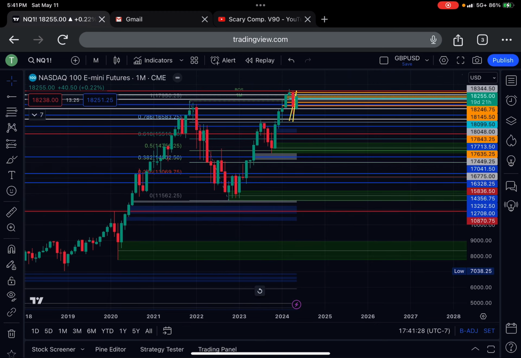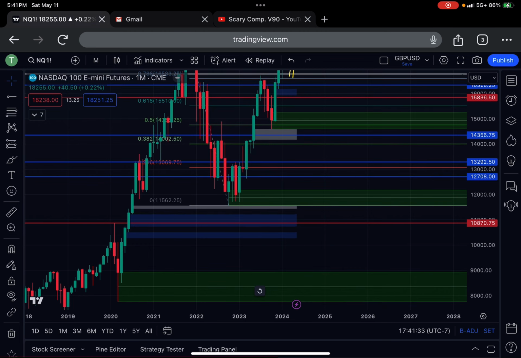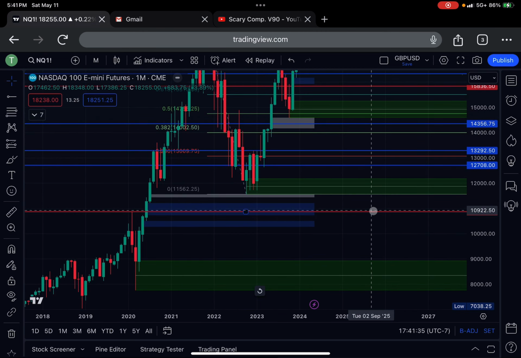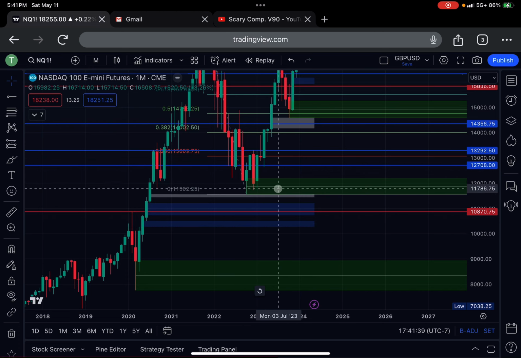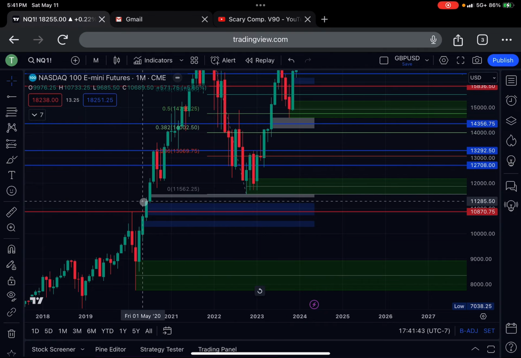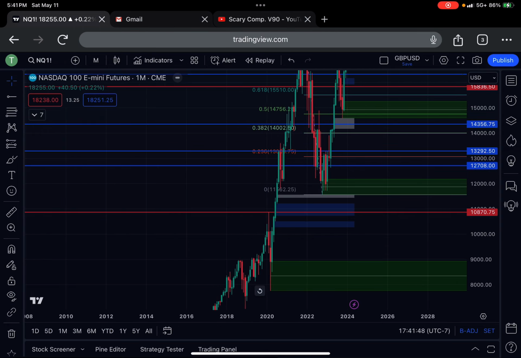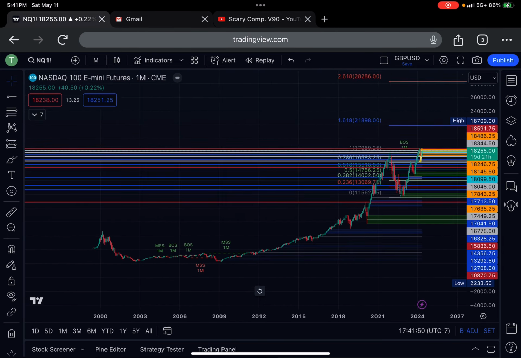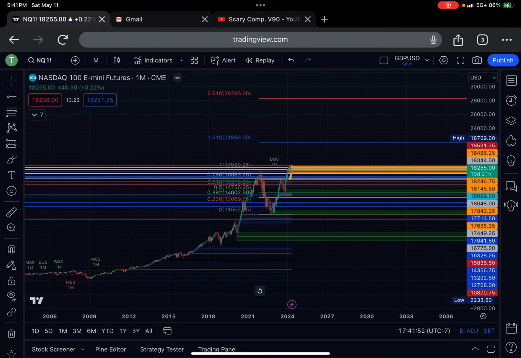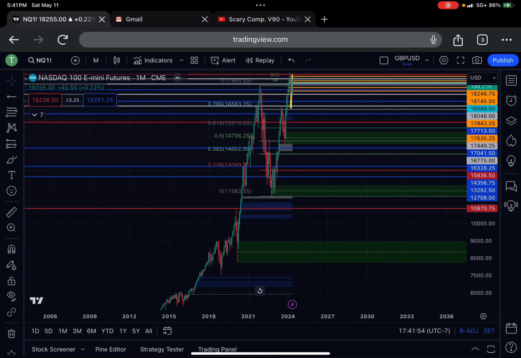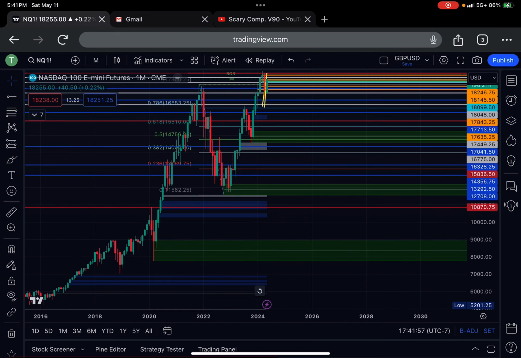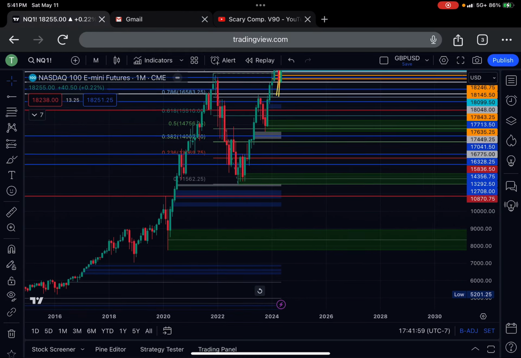This is kind of hard and confusing, so let's look at this. Okay, I look at the monthly. The low extremity, probably I could go here, but I don't really like that because there's nothing really touching this area. So that's why I take that. I also zoom out, zoom in, and I look at that as the low extremity, a possible very low that price can probably go to,